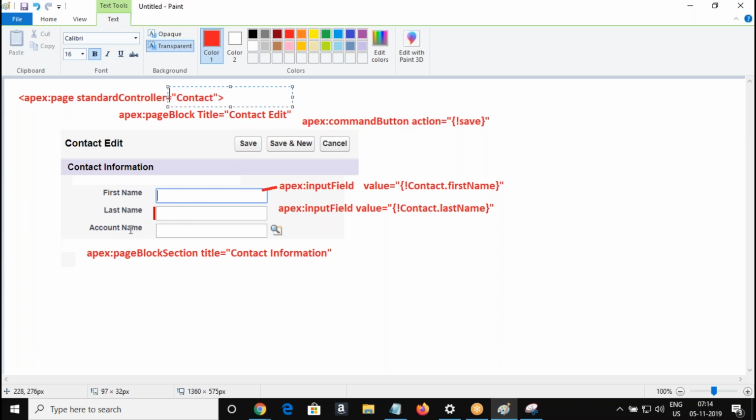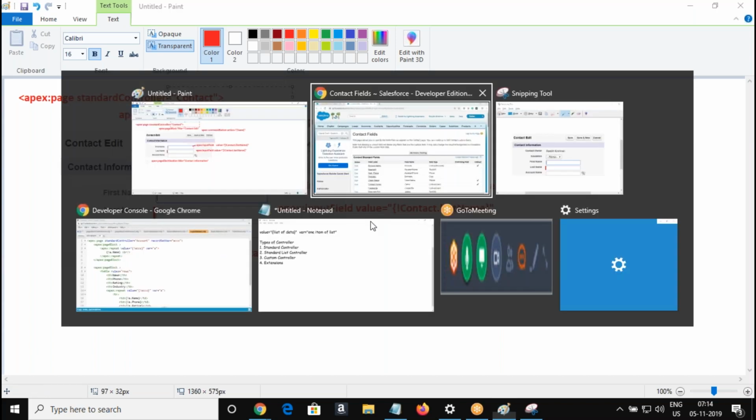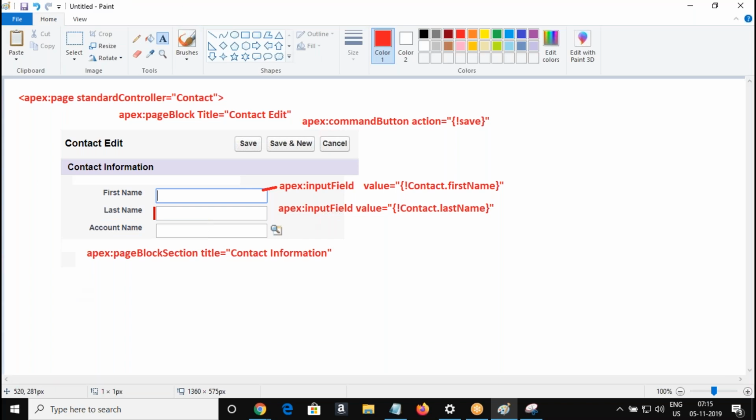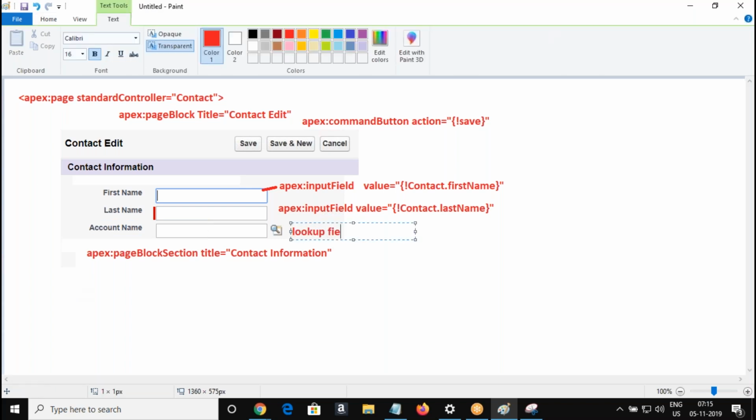So now we are going to refer the current object field, but we are going to bring the relationship field, right? This is a field which relates to the parent object. It's called a relationship field, right? So how do you call this field? Relationship field or lookup field. When I say lookup field, it means we look up some record. It's not relationship type. It's a lookup magnifier symbol, right? So anything you look up, I mean lookup field, right? Lookup field or relationship field.